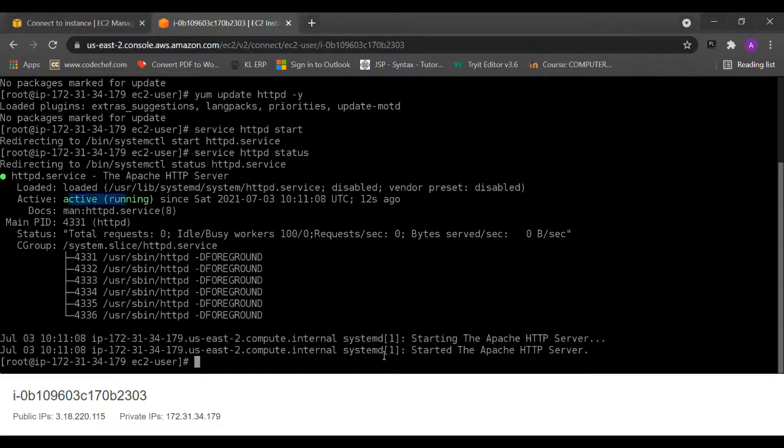Now we want to create an HTML page to host our static web page. For that, simply go to cd /var/www/html. This is the path where we are writing our HTML code.